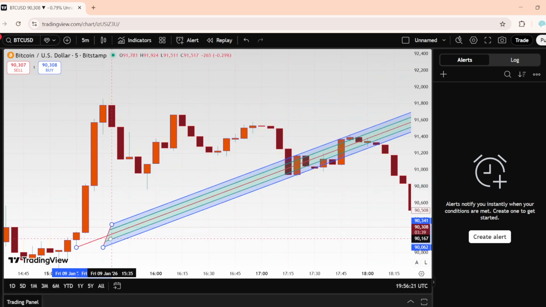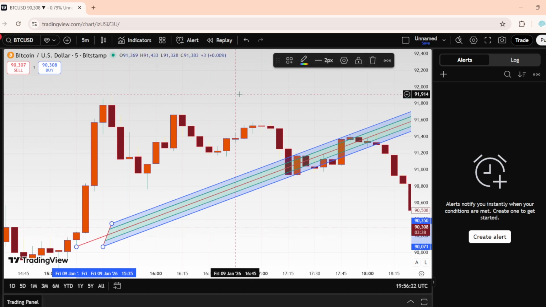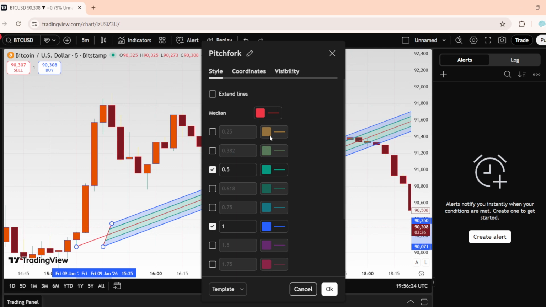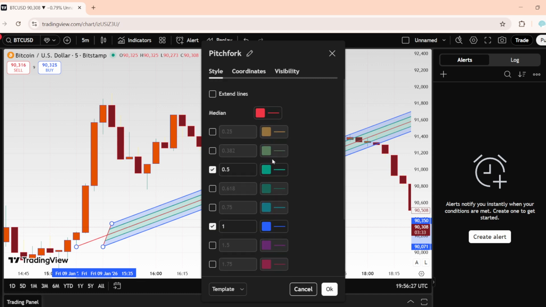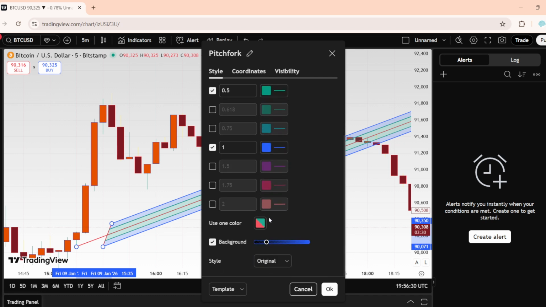To customize the look, click the gear icon on the pitchfork to open settings. Here you can change the color, line style, or thickness. Choose a color that stands out against your chart background, and a thickness that's easy to see without overwhelming your view. A subtle style can be helpful if you have multiple drawings,